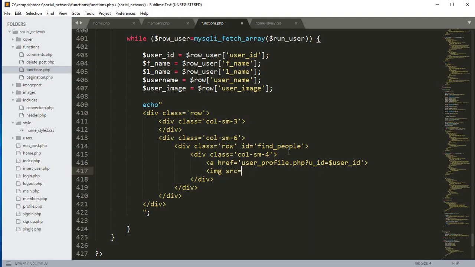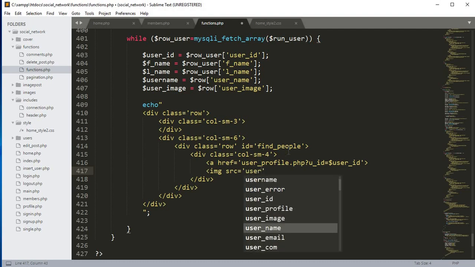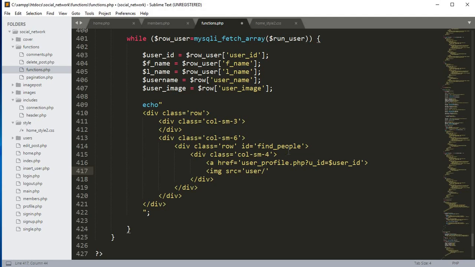Image src will be equals to, first we will show the user profile image. So for that we will type the image src will be equals to $user_image,